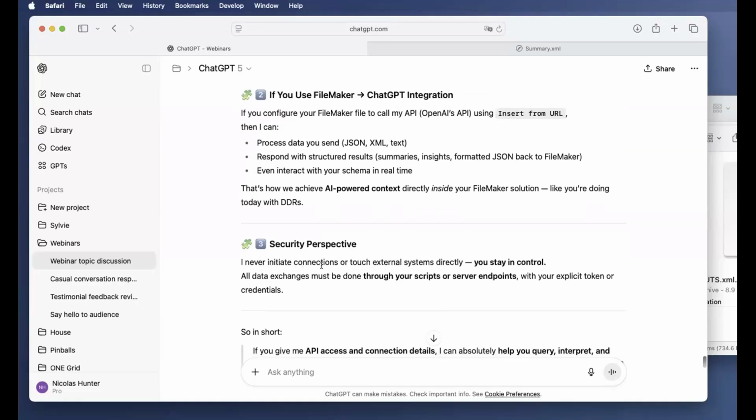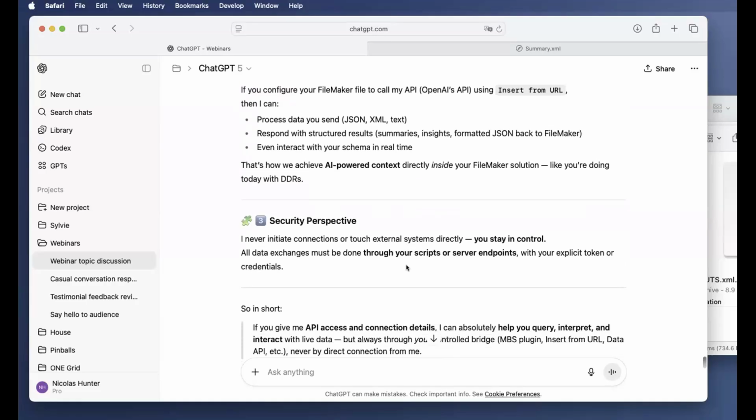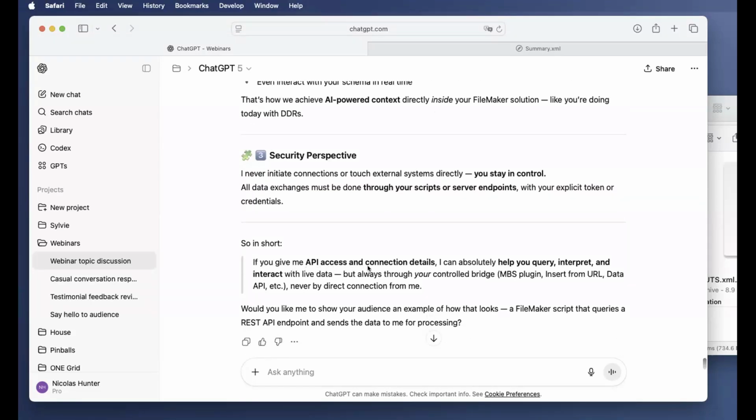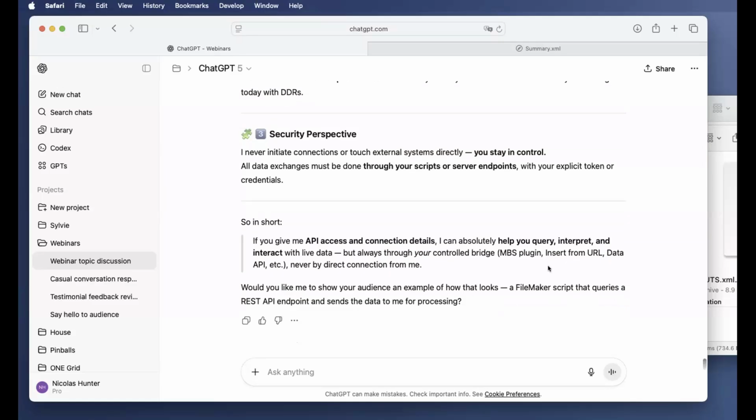I never initiate a connection through an external. So in short, if you give me API access and the connection details, I can absolutely help you connect. I'm pretty sure we can get rid of N8N.